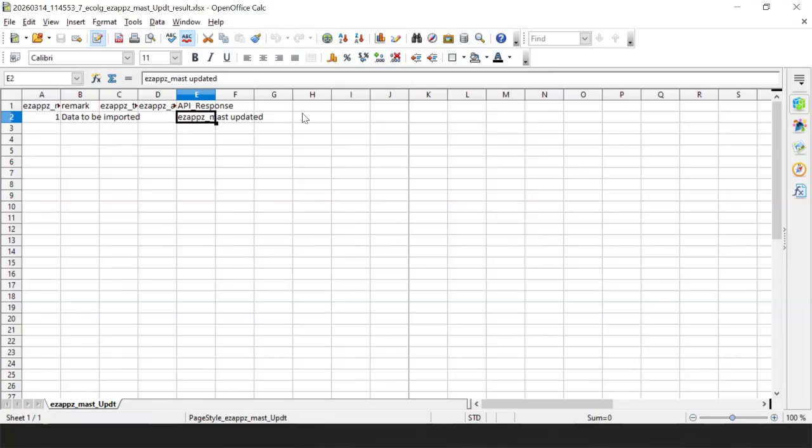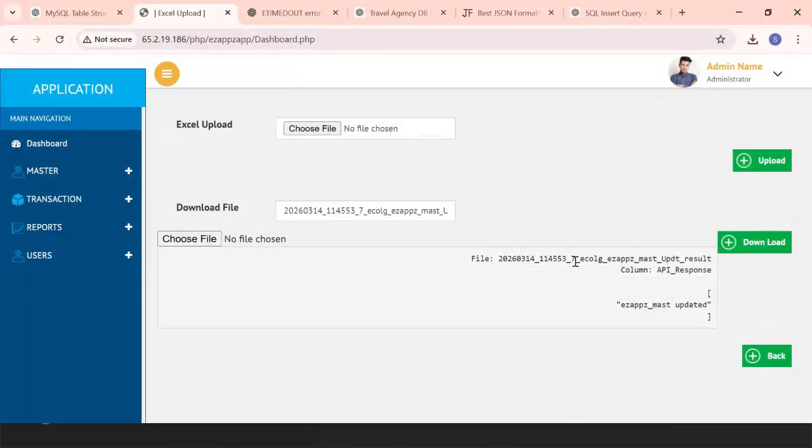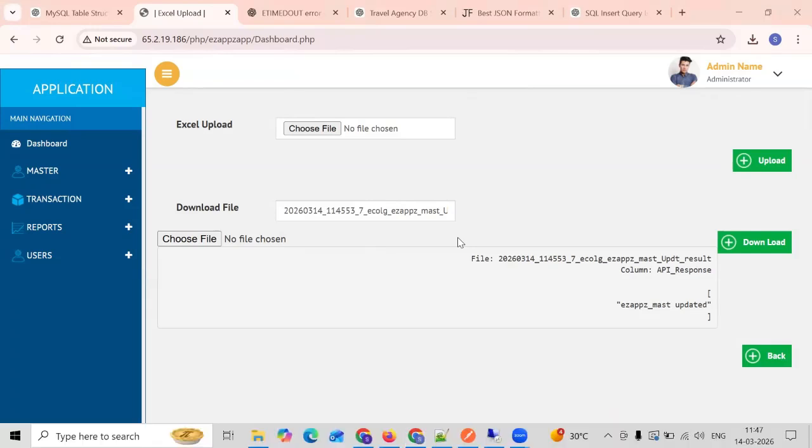If you get an error also, here you'll get the error. For example, we will try this also. I'll do one more exercise. Okay. What I'll do, I'll again download,